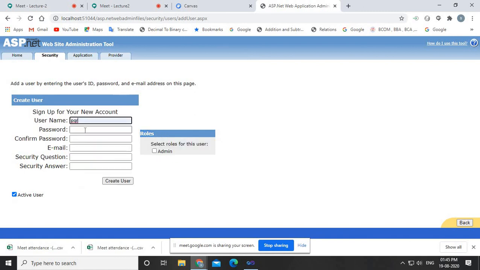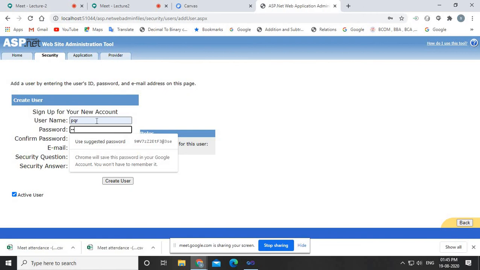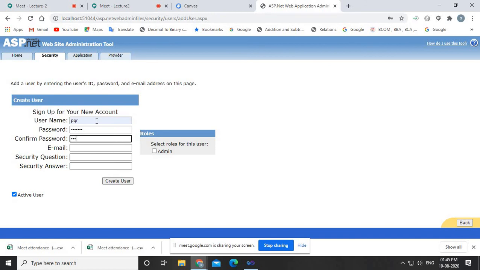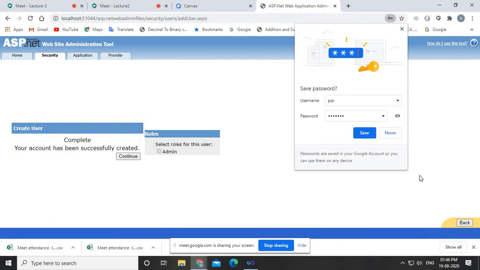Now when you are creating a new user, for example, let's suppose PQR, and at the time of user creation, if you feel this user has to be an admin, at that time what you need to do is, you just need to do the tick mark here, right? So at the time of user creation, you can bring that particular user to the particular role, right? If you just click on create user and see,